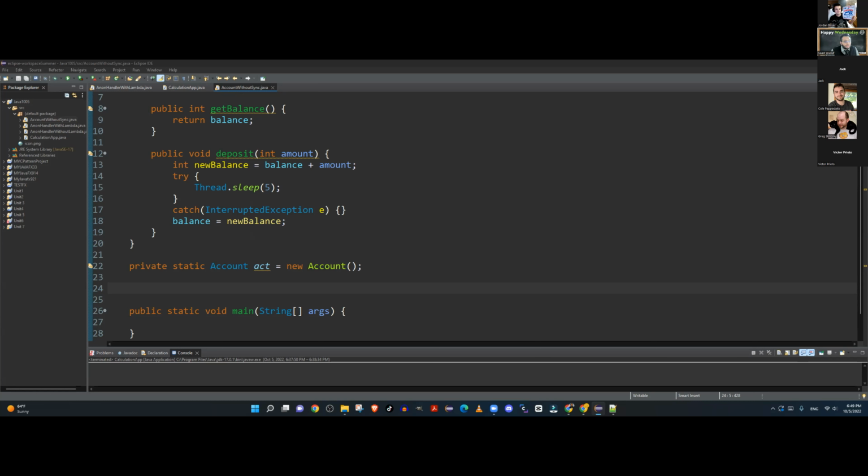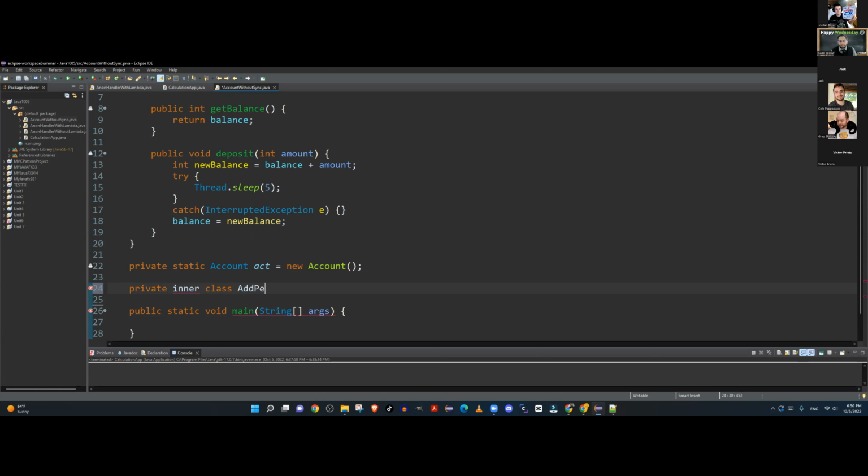Okay, guys. So now that we are done with this one inner class, which is responsible for giving the balance, and for depositing an amount in and changing the balance, we will create a class which will be responsible for creating the threads. And those threads will be the ones that act upon the account. So we will create a private static class called add penny task